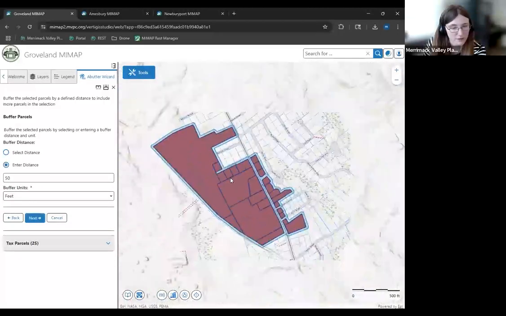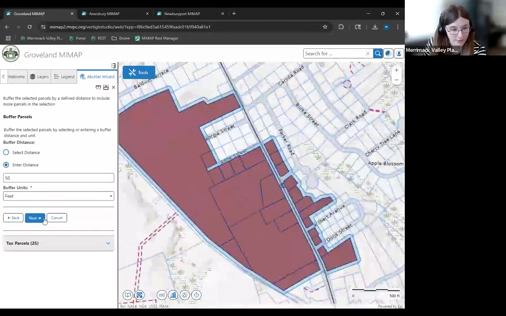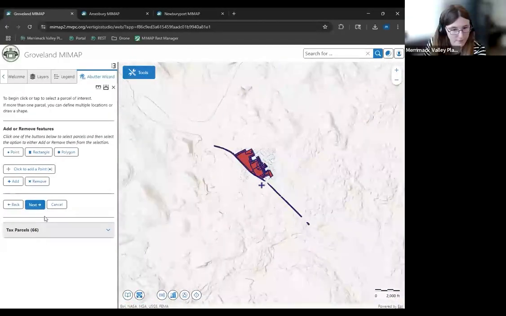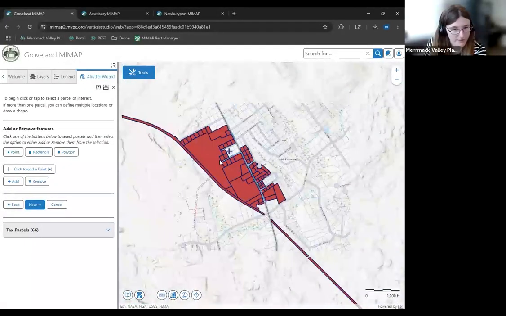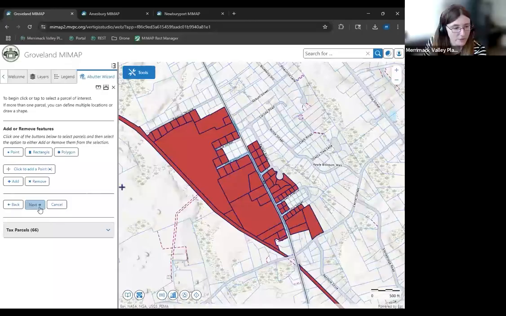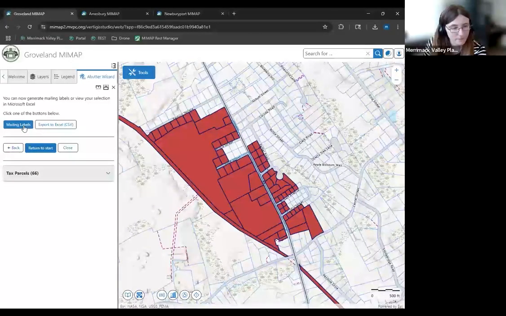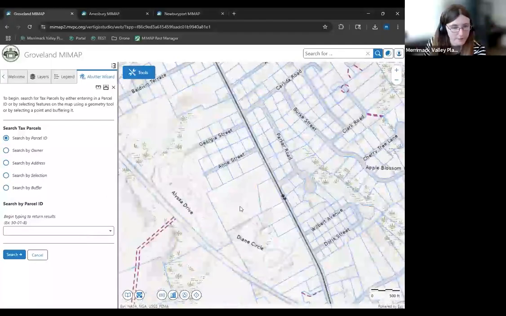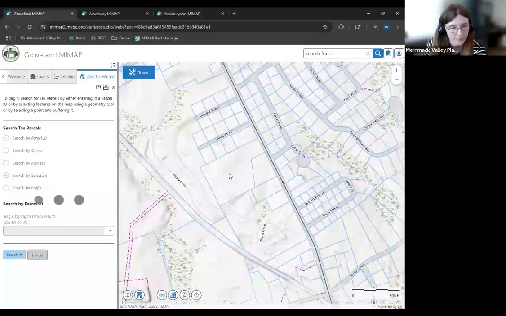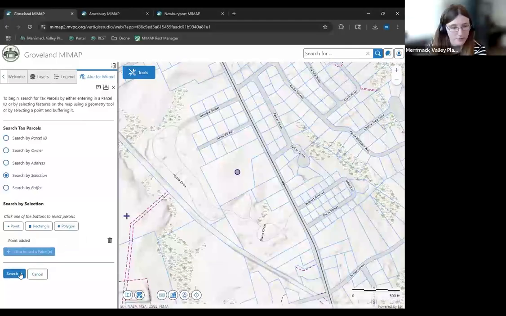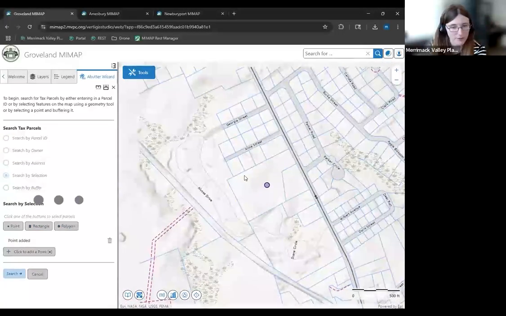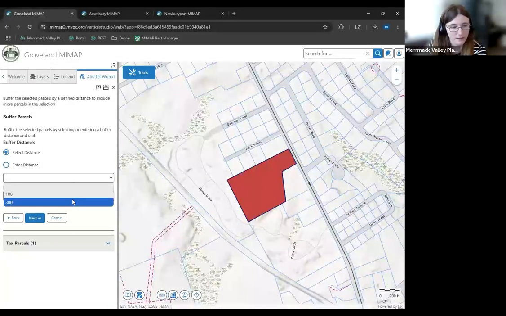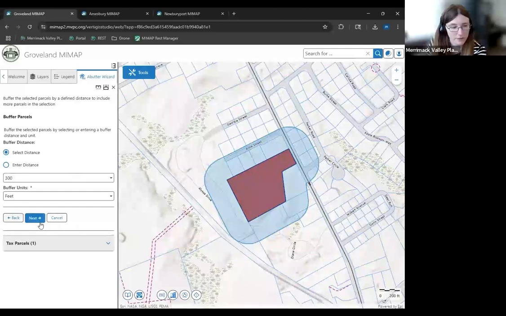Actually, no, sorry, it will buffer what you have selected now, so you can keep buffering it. Take that back. So now I have more parcels selected, but either way, you can keep going through and then just generate your mailing labels or export to Excel. Or go back to the start and do it all over again if you decide you really didn't like what that looked like. So just run through it again, selecting the parcel, selecting the distance I want to select all the other parcels,